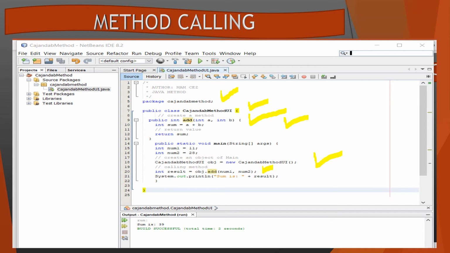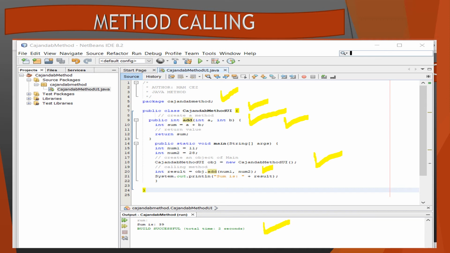We instantiate it first to make it an object so that we can call that object. And that is why we have the result as an output here. We have the result, sum is 39,